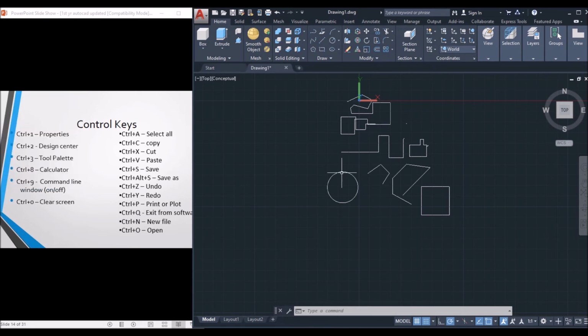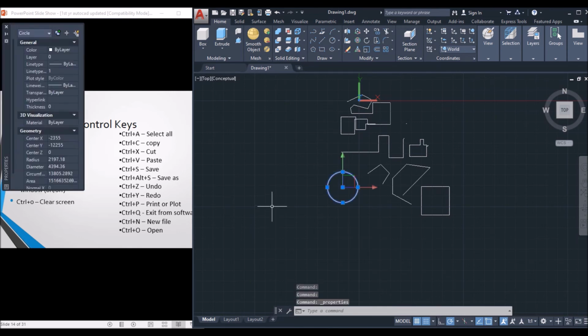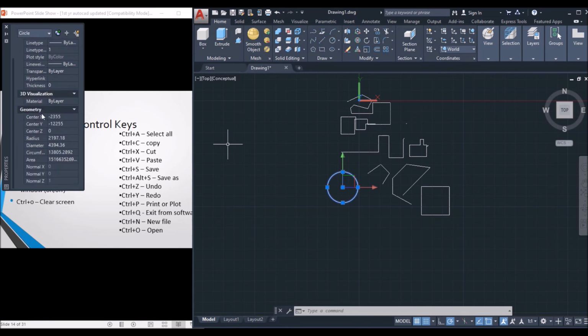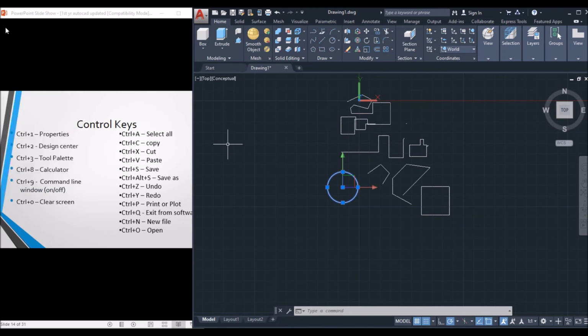Suppose I select this circle and press Control+1, it will show the properties related to the circle like color, layer, line type, line width, transparency, and under geometry, radius, diameter, circumference, etc. So this is about the properties of the selected object.